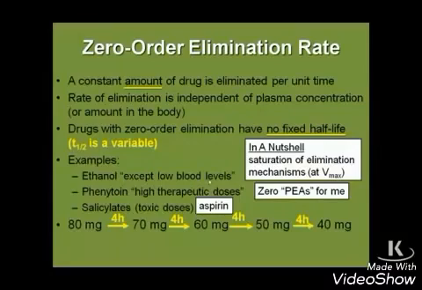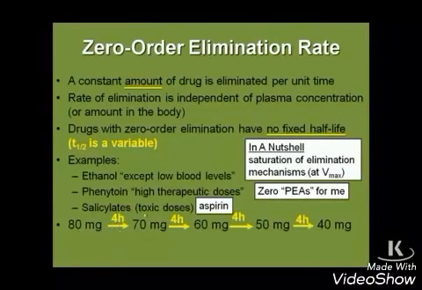Ethanol, except at the very low blood levels, is going to be zero order. So even at kind of the medium levels of ethanol, and certainly to the higher levels, you're going to see zero order kinetics. The example that's shown here assumes that you start with 80 milligrams of drug, and you find